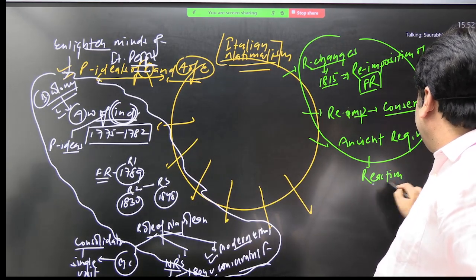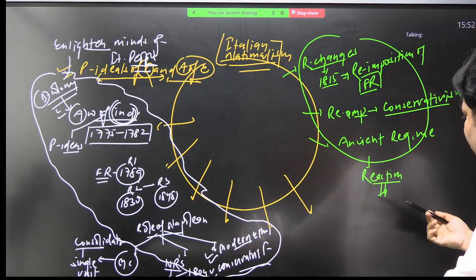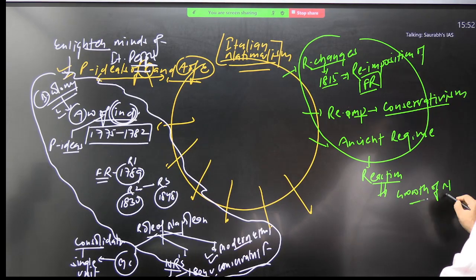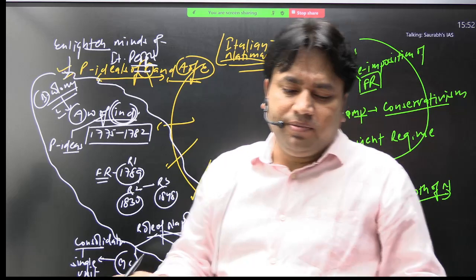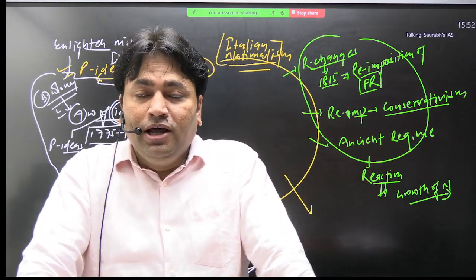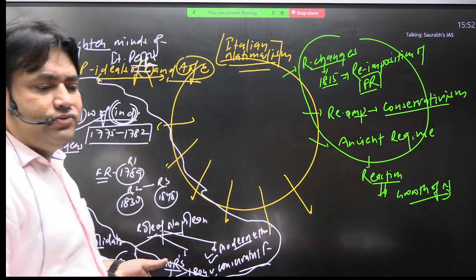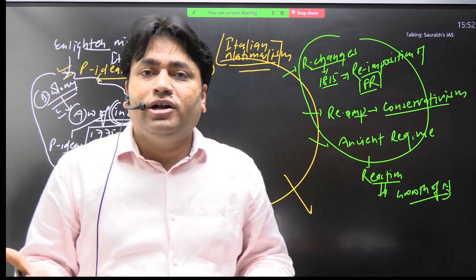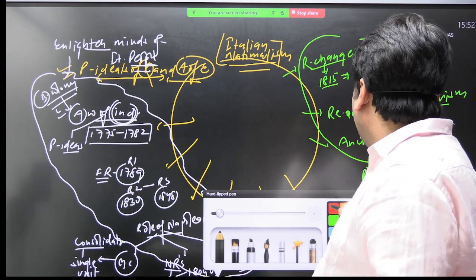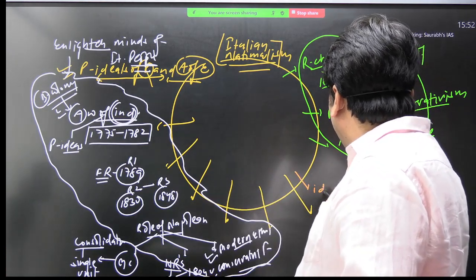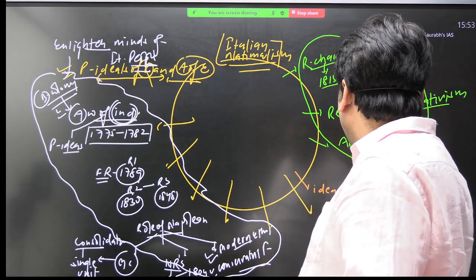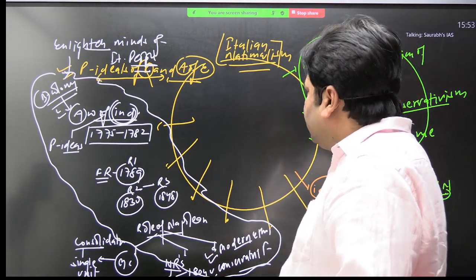Okay, and the reaction can be seen in the growth of nationalism in the minds of Italian people. This all is reaction. That is the most important thing. Now one more point that I have already discussed with you, that this will also play an important role in the growth of nationalism. And what is that? Read this: idea of free trade. This will also play a very important role. And how can you relate the idea of free trade?